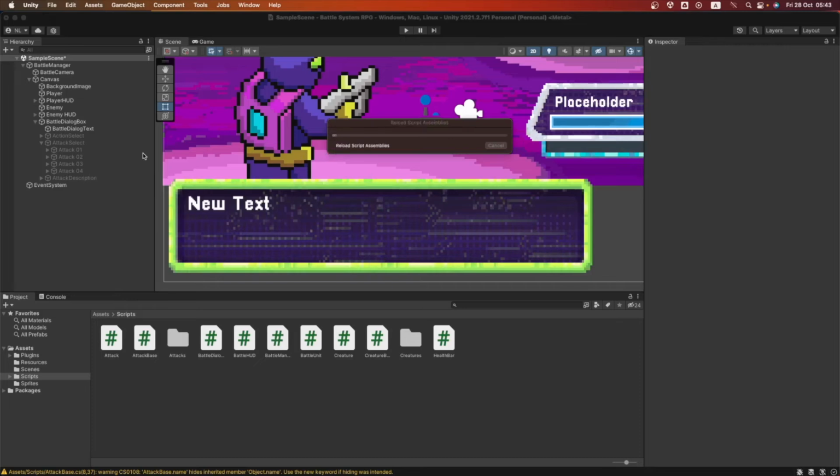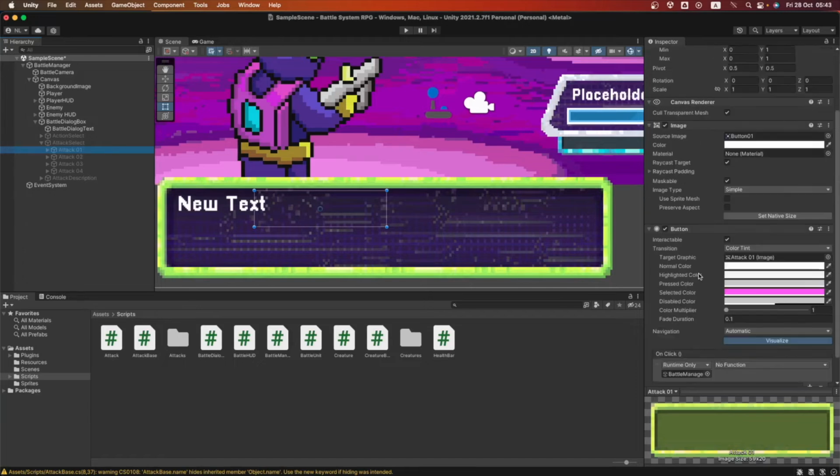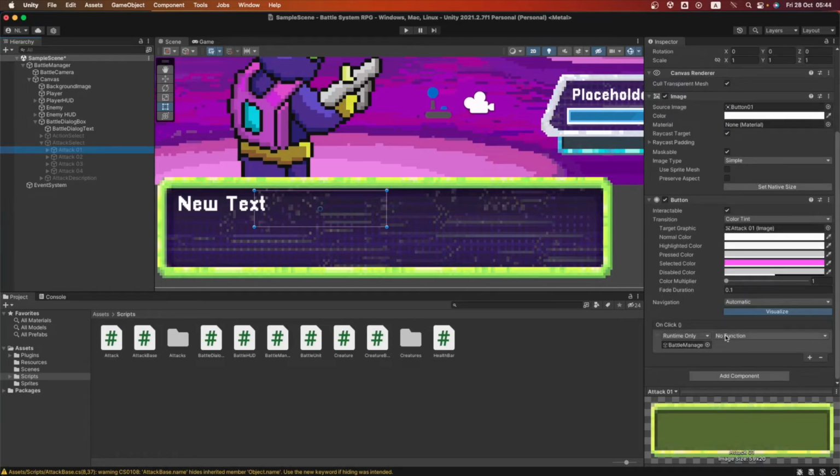Let's go back into Unity. Let's select the button for our first attack. Here it is. I can see it because it's deactivated, but I can select it here in the hierarchy. So let's select that, and let's go into its inspector. Let's go into onClick. If you haven't activated it, just click here to add an action to the onClick, and I'm gonna drag the battle manager inside this button, because that's where the method comes from.